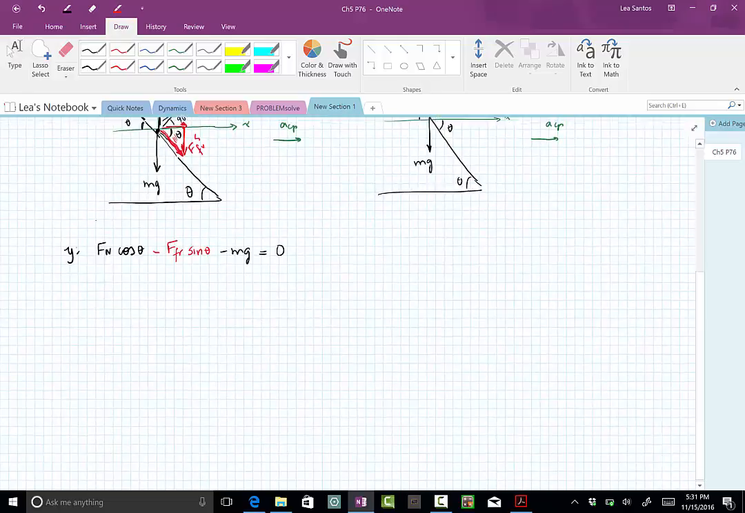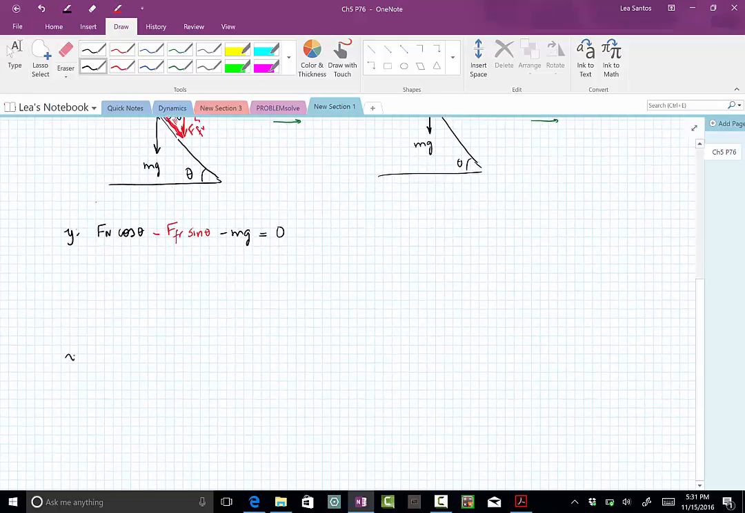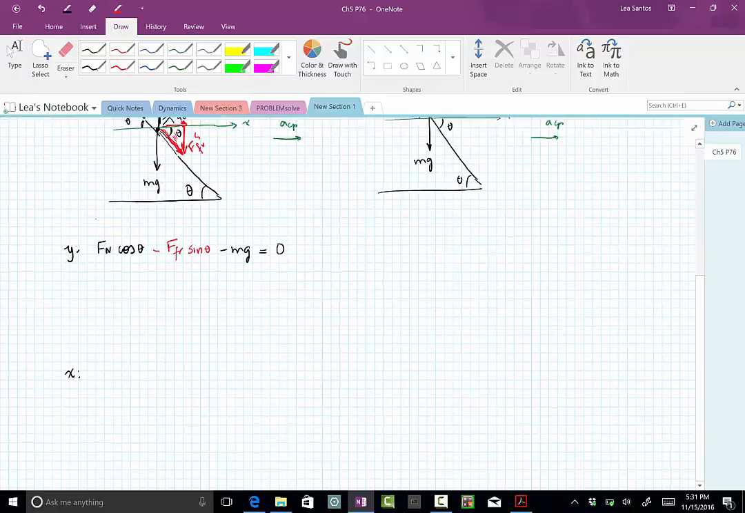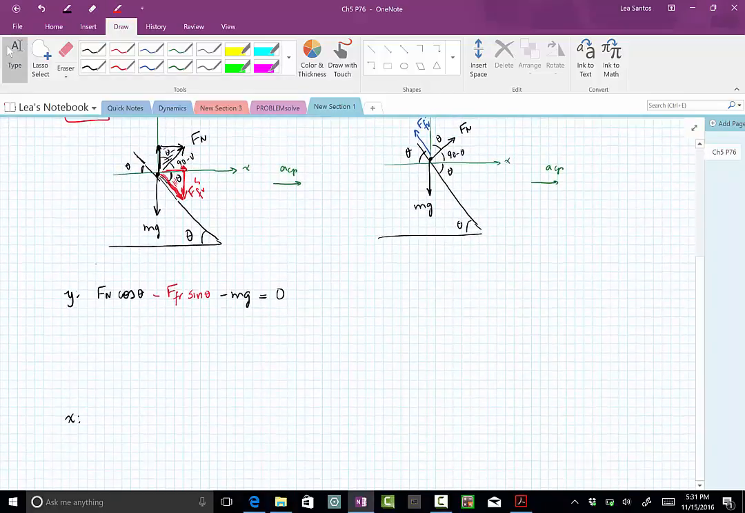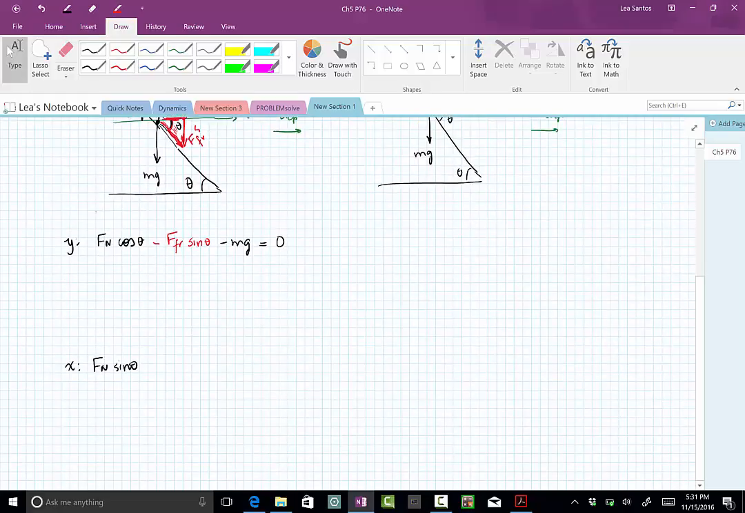Okay, let me give some space here and let me write the equation in the x direction down here. In the x direction, there is no weight, there is no mg. I have just the components of Fn and of the friction. The component for the Fn is this one, opposite to the angle, so it's going to be Fn sine of theta. The component for the friction is this one, adjacent to the angle theta here, so this is going to be plus, it's pointing towards the x direction, the positive direction, so it's plus friction, and this is cosine of